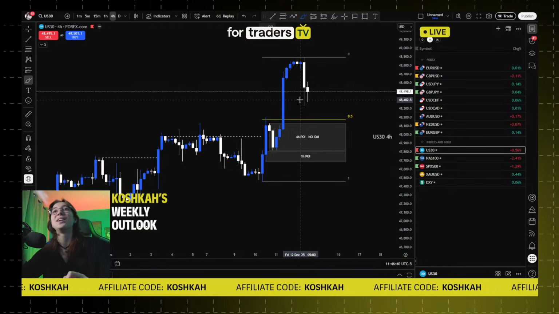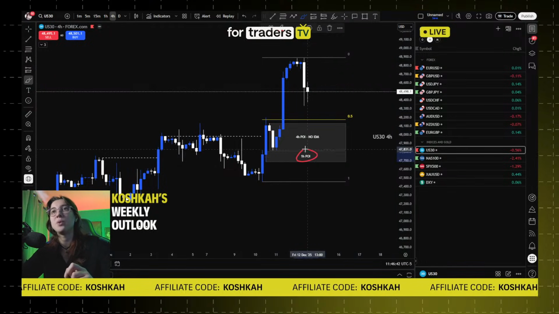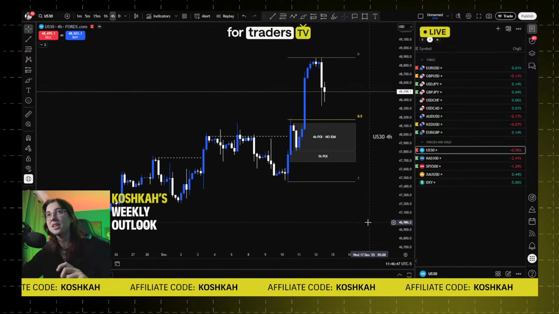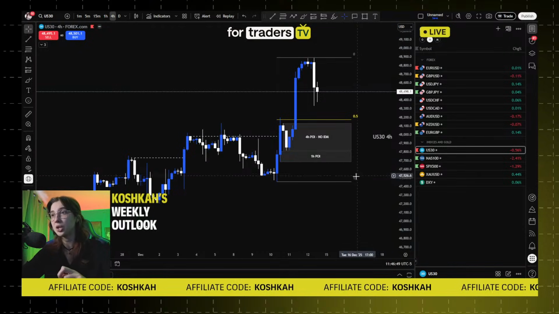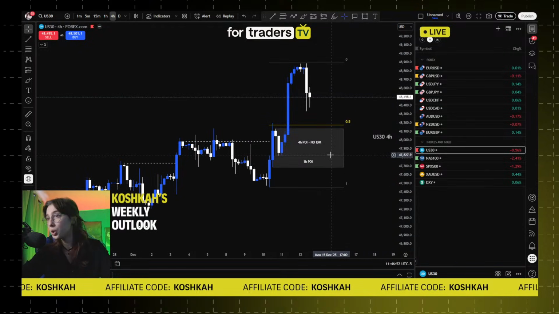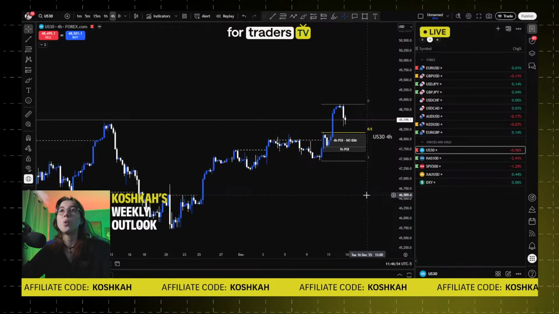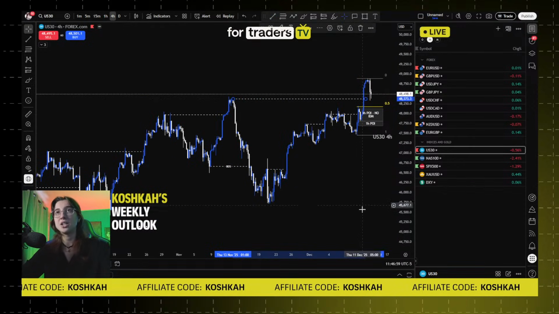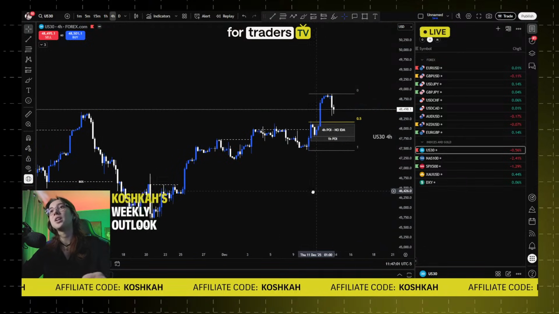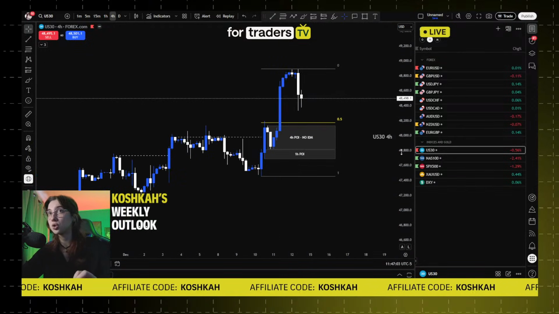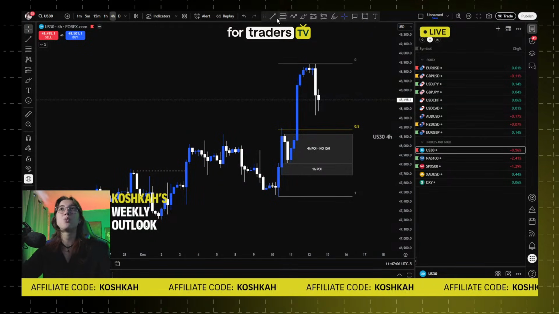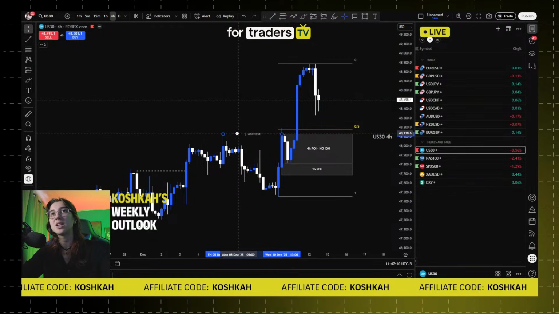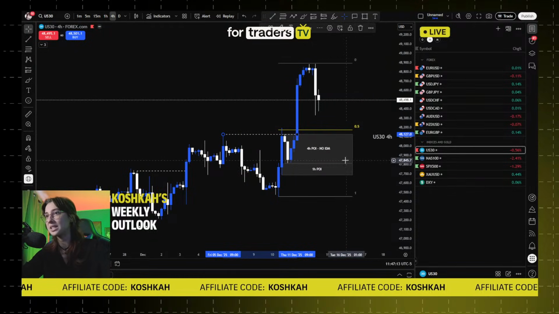Here we don't have any inducement. Here we have inducement. The inducement would be below right here basically. So yeah, that's what's going on with US 30. We're just overall bullish. We broke structure of the overall high as well, as you can see exactly right here. So now we can actually focus on the current structure. The current structure, the last break happened right here. If you consider it with wicks, that would be right here, and the structure stays the same anyway.